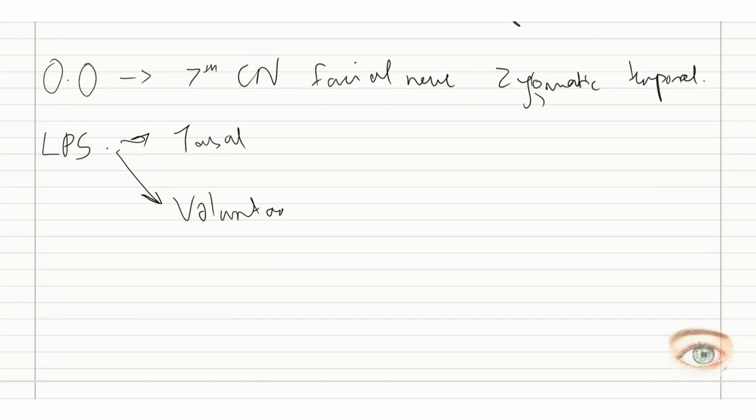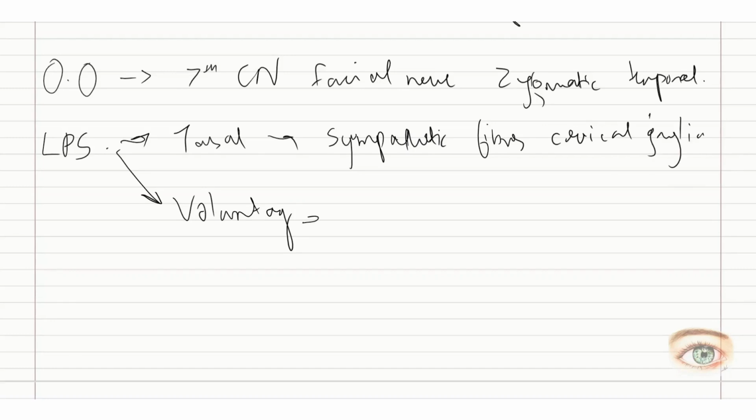So I've told you earlier that the tarsal muscle is innervated by the sympathetic fibers of the cervical ganglion, and the voluntary muscle is innervated by the third oculomotor nerve and its superior branch,